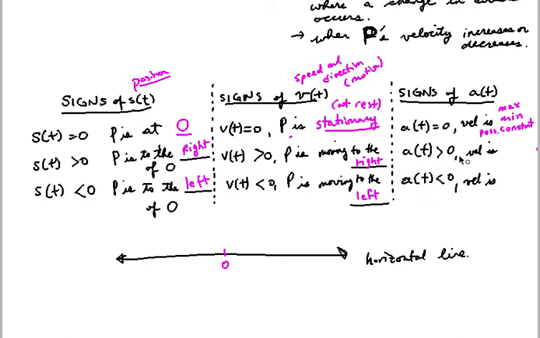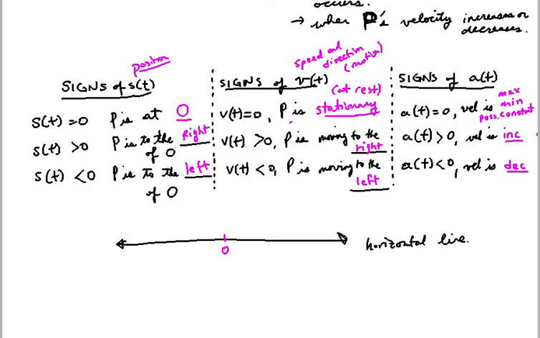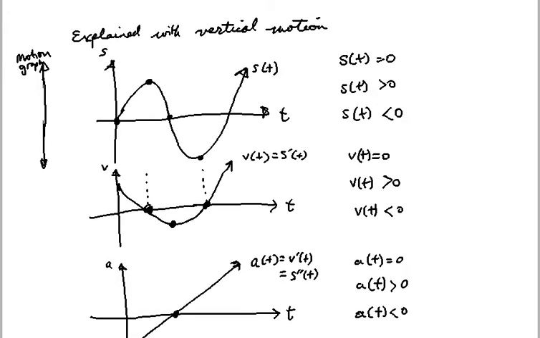When the acceleration is greater than 0, that means my velocity is increasing. And that makes sense. Velocity is getting faster because my acceleration is positive. And my velocity is decreasing if my acceleration is negative. So it's very, very important here to understand the signs of a of t and the signs of v of t. We've already talked about the signs of s of t. All right. Now, let me just explain again